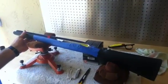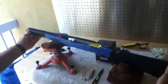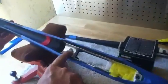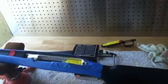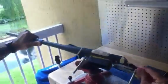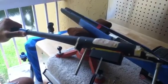Okay, today we are bedding the action on my Remington 700 in 243. It sits in a Bell & Carlson stock that comes with an aluminum bed block, as you can see. The preparation for this is here's the action of the rifle, and as you can see, we've removed the whole trigger assembly, the bolt. And this is actually the magazine